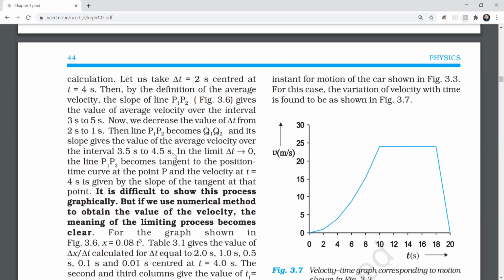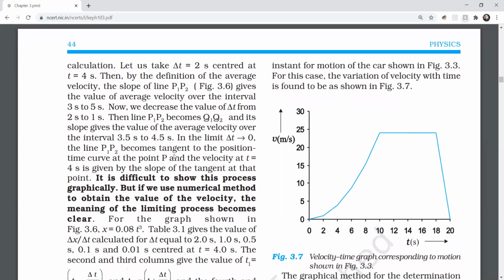Why is it difficult to show this graphically? Because you need to realize that velocity will start from the point of origin and will continue to happen till the time that the object has stopped moving. And sometimes it's not very easy to show that. So if you see in figure 3.7, you see that the velocity has increased from 0 seconds, and it has gone up to 25 meters per second and has been constant at 25 meters per second for some time, and then it has fallen down.